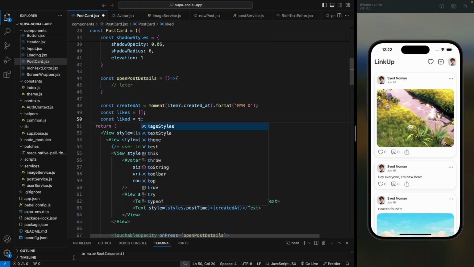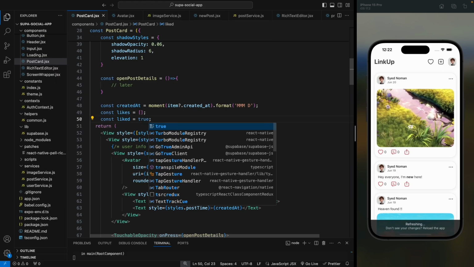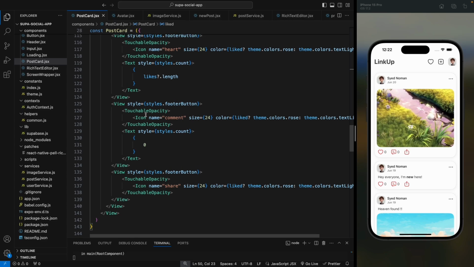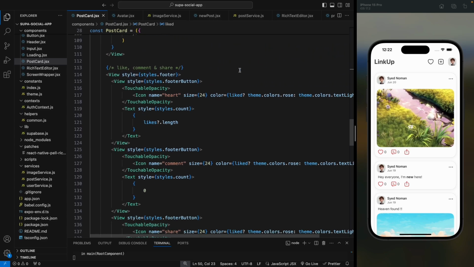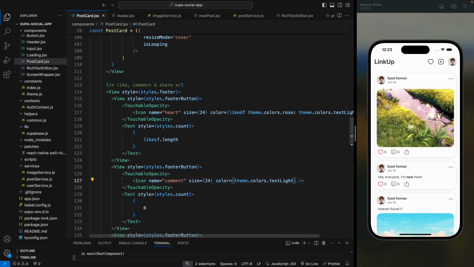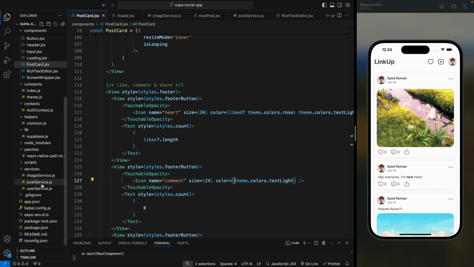So if I change this to true, we shouldn't see it on all the icons, and we copied this on the comment and the share icon. So let's just remove this. We only want to use the text light color on the comment and the share icon like this. So this rose color is only applied on the stroke of this icon, but we want to change the full